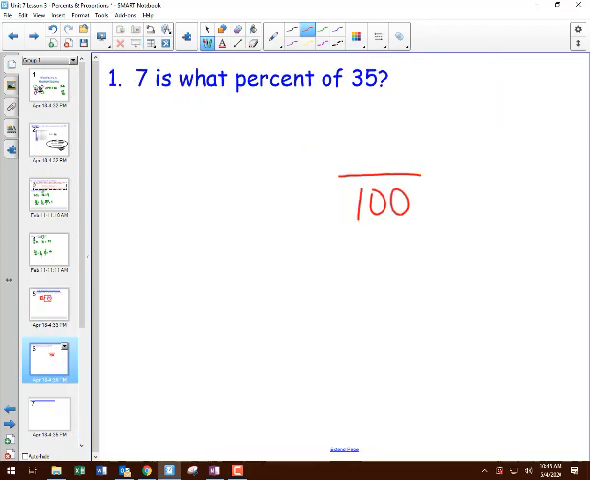All right, 7 is what percent of 35? Of 35, this right here tells you that is the whole. The number that's going to follow of is the whole, okay? And so remember, we put our part over the whole equal to the percent